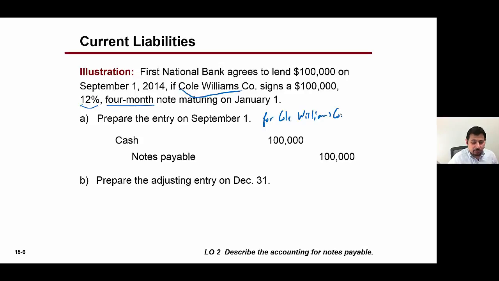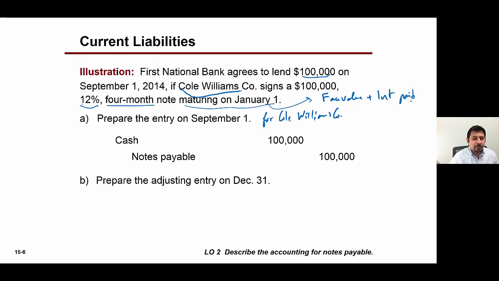Now, on December 31st, the company will not pay on that day. It is very important to note that when they are short-term notes payable, current, they are paid the full amount, which consists of the face value plus interest. So face value plus interest are paid on January 1st. When we say maturing on January 1st, it means the face value plus interest will be paid